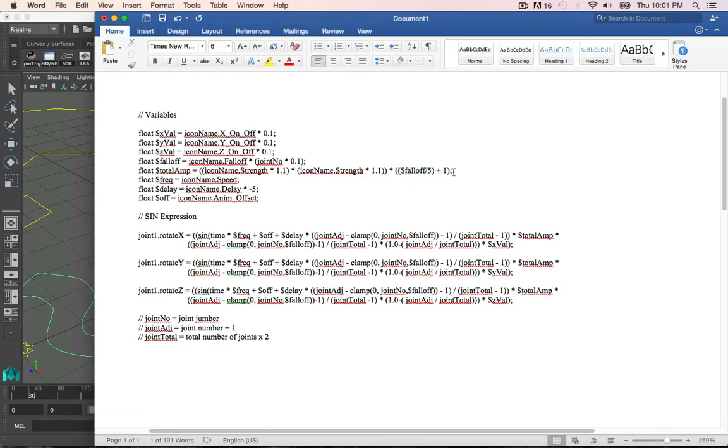So it allows me to have the amplitude stay strong even though the falloff is decreasing the overall amplitude. And so I also have attributes, or variables, for speed and delay and offset. Now the delay is what gives us that nice overlapping animation, and I multiplied by -5 because